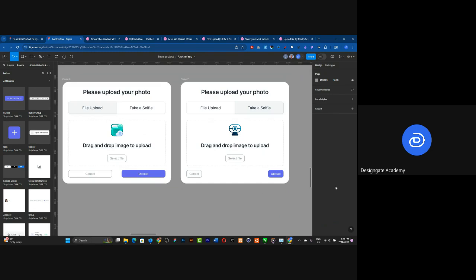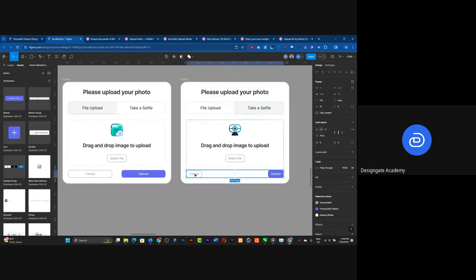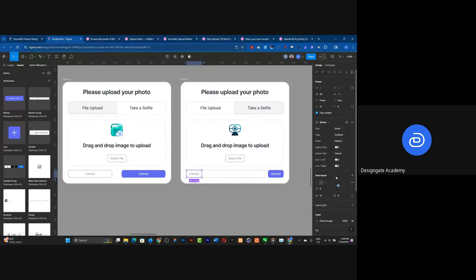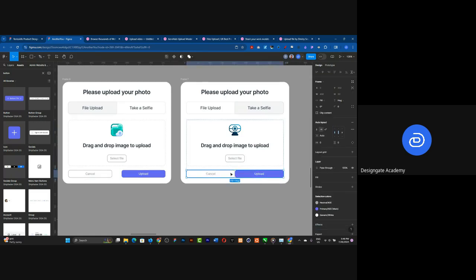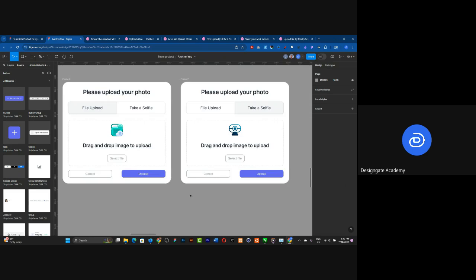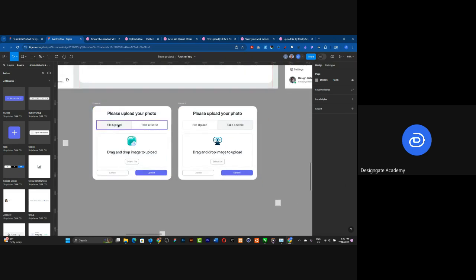Okay, that's the first one. Okay, let's do repeat. Let's do the same thing here then. So anytime you are designing, you also want to test things out. That's what you call iterations. You test things out, and you can always put things side by side, just oppose them and see which one is good. If you're unable to make that judgment, you can just call someone to help you check them out. Okay, so now we have these two. This is for file upload, this or take a selfie. We can select the two of them now